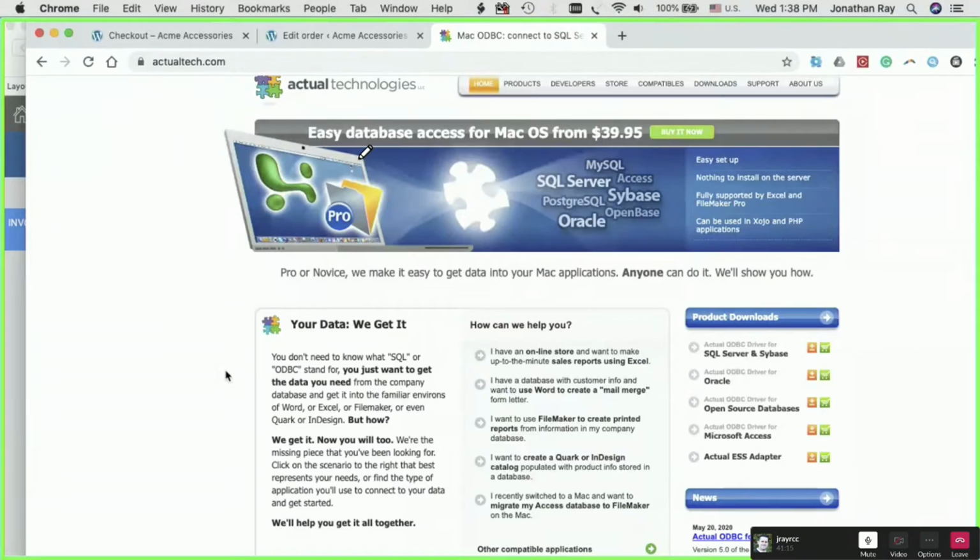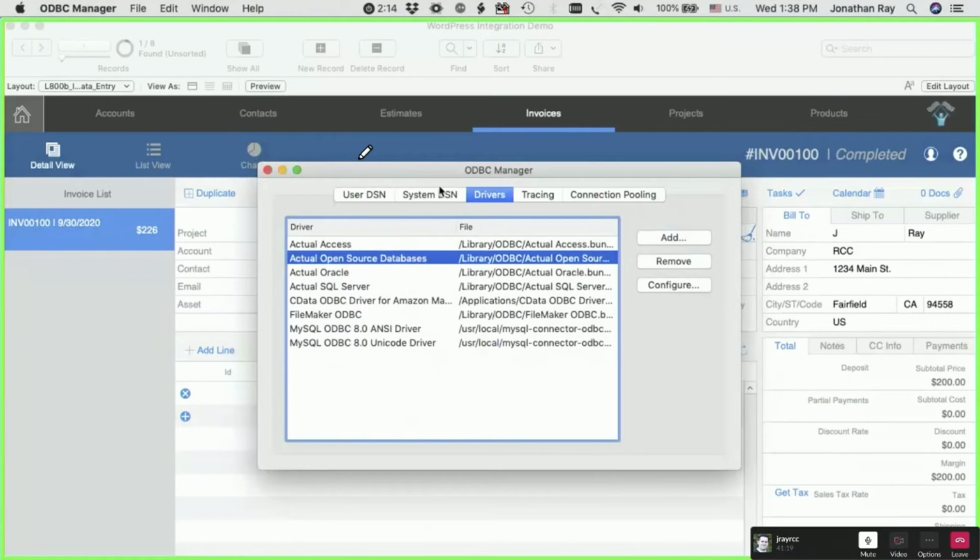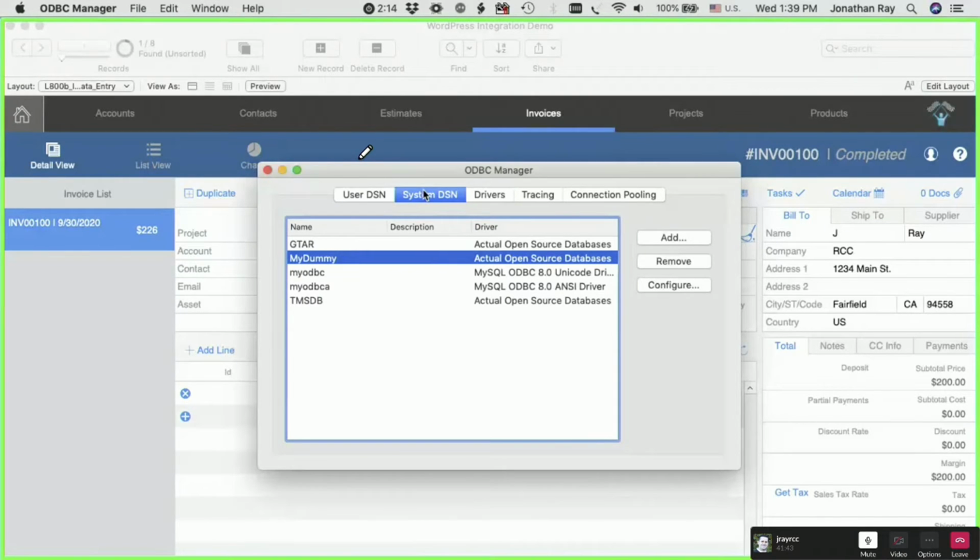If you're on a Mac, buy the driver. The second step is to come here to the ODBC Manager and install the driver. Or actually, when you download it, you double click on it and it'll install it for you. So you'll come here and you'll see open source databases in your list after you install it. Without that, it's not going to work at all. The next step here is to establish a connection